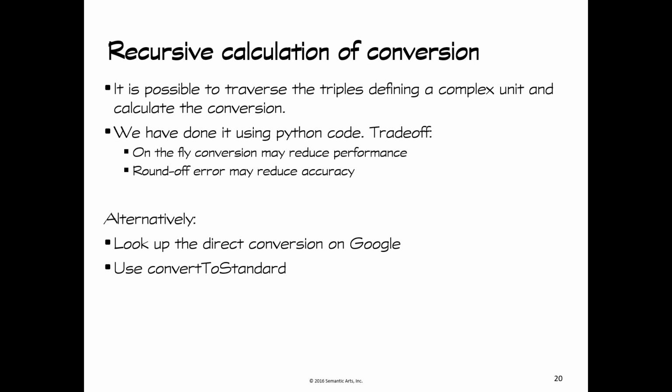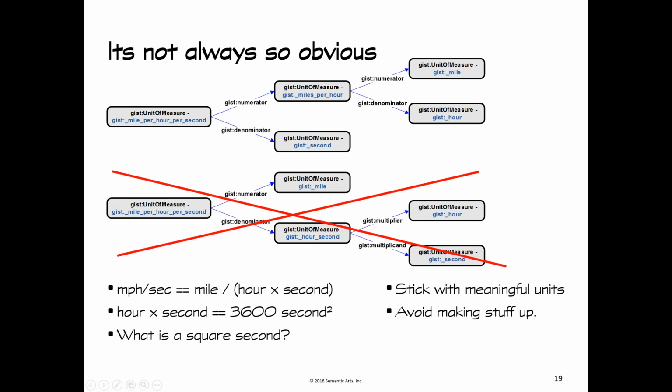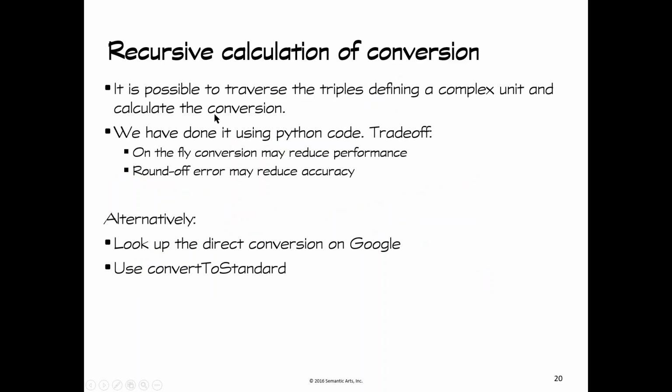So there is a question of getting the conversion rate. If you create something like this, miles per hour per second, and each of these things has conversions, you can just walk along the tree here and pick off the conversions and do the math, and then you can convert from miles per hour per second to any other acceleration measure. Dave has written some Python code to do that,